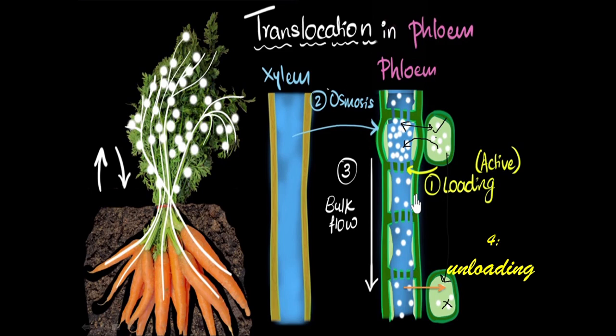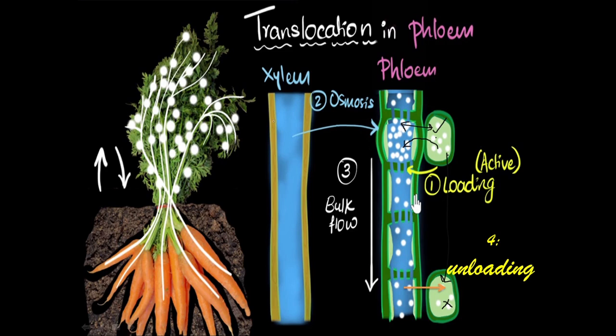So what happens? We have the xylem tissue adjacent to the phloem tissue. Xylem is concerned with the transportation of water, so xylem has enough water in it. The phloem has enough solute particles in it. Now there is osmosis taking place. Water will move from the xylem into the phloem in order to balance the concentration, because xylem has more water concentration and less solute concentration, while phloem has more solute concentration and less water concentration. Okay.